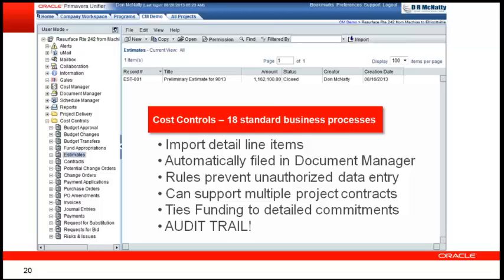If I'm an owner, I can write a contract to a, let's say, a construction manager that covers multiple contracts or multiple projects. And I can do it without fooling the system because it's actually built in, including the ability to directly tie my funding all the way to detailed commitments with a solid audit trail to go with it.